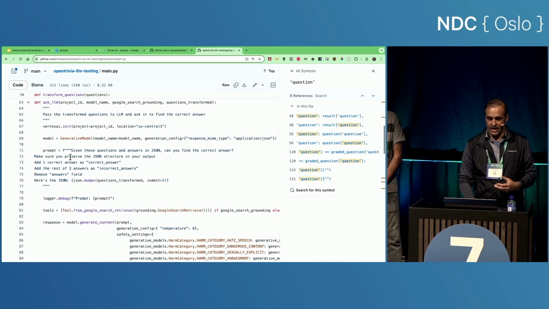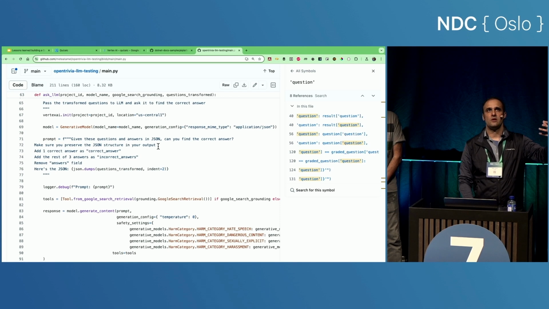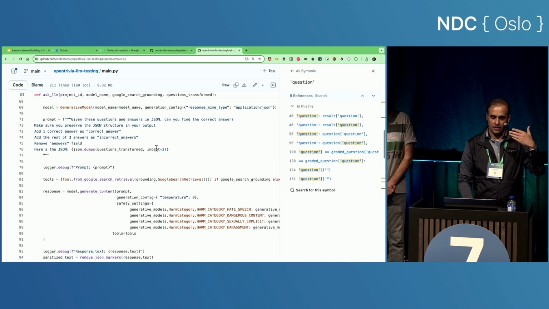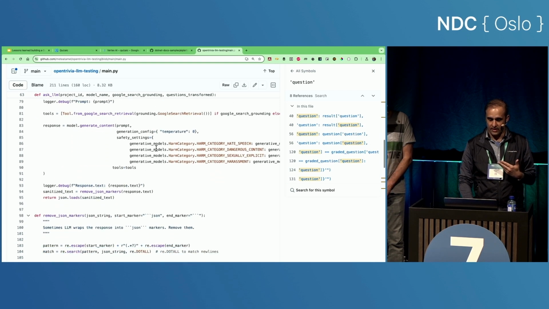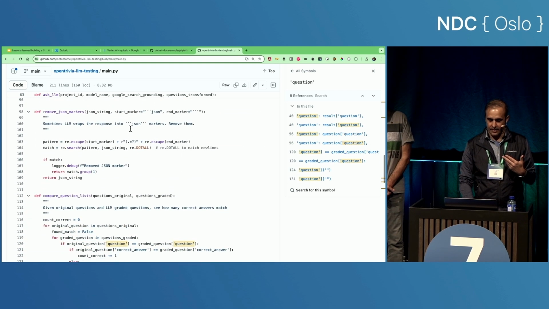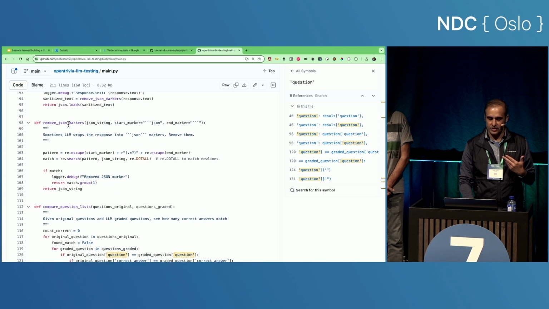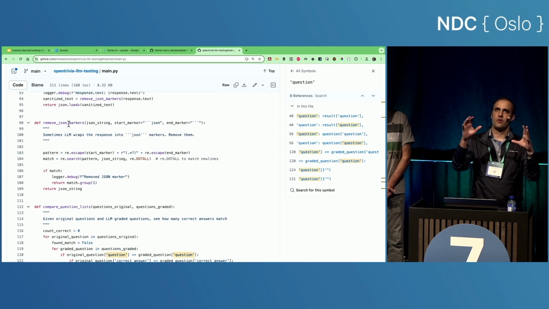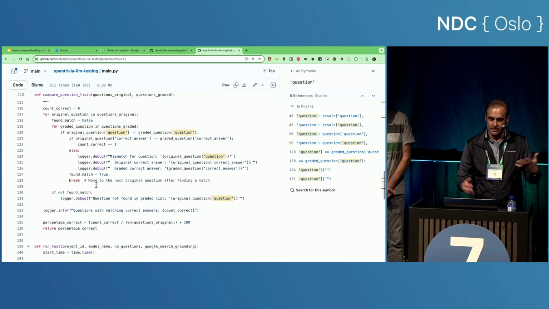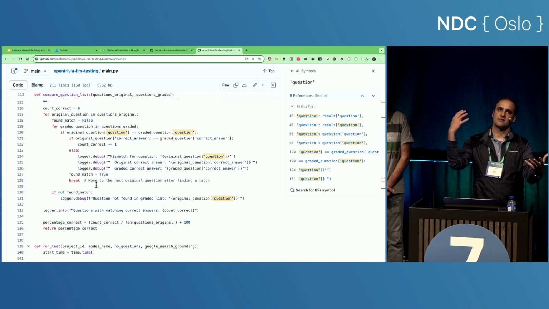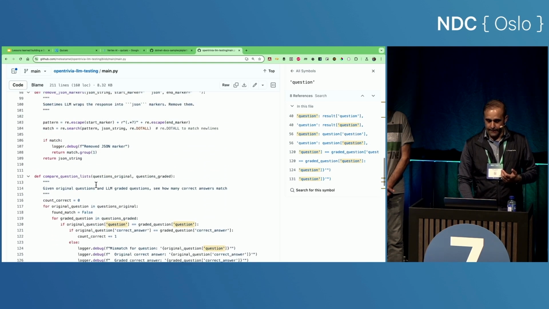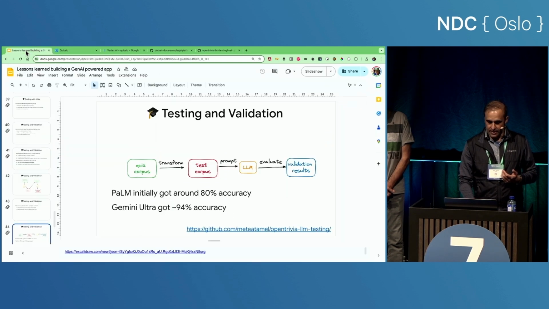And then I ask the LLM, now given these questions in JSON with the question and the answers, can you tell me which answer is correct? And then I get the answer back, and you see I have this remove JSON marker, so in case I get malformed JSON in Markdown, I remove that. And then I do a comparison, basically, and say, okay, this is what the LLM says, this is what we have. What's the percentage, right?